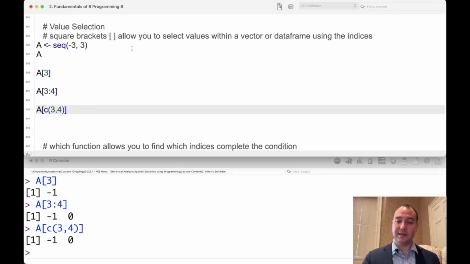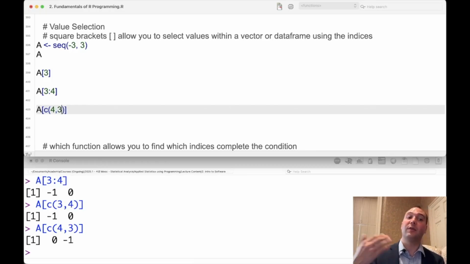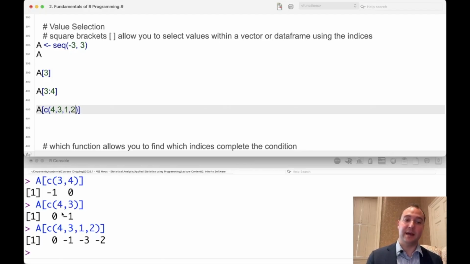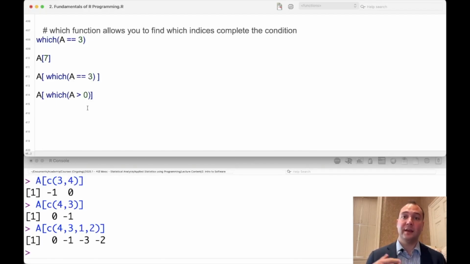Now, what if I added a different value? Or what if I put them in a different order? What if I said 4, 3? Then that's going to give me the fourth value first and the third value second. Okay. If I wanted to add more values, I could add a comma. Oops, there's no 0. I could add a comma like this, add more values to it. Okay, next,